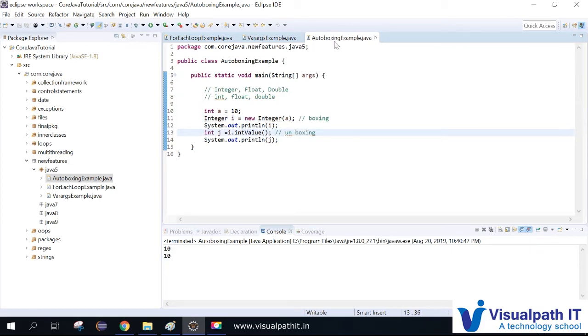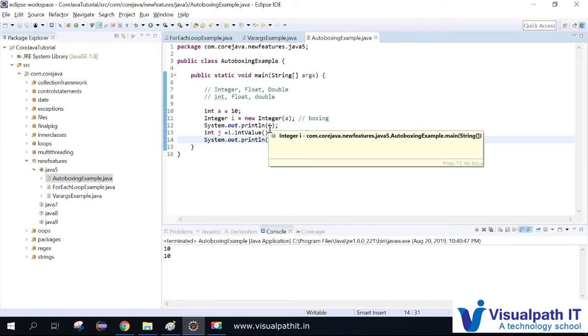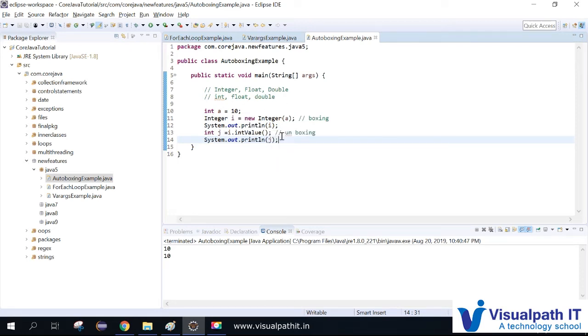So what is autoboxing here? Usually before Java 5, if people were writing some RMI programming or something, they had to do these operations. If they wanted to pass any integer value to the network, they used to do these kinds of operations. They had to do the boxing, and when they were accessing that object, they had to do unboxing and then access it. With Java 5, the benefit is autoboxing.